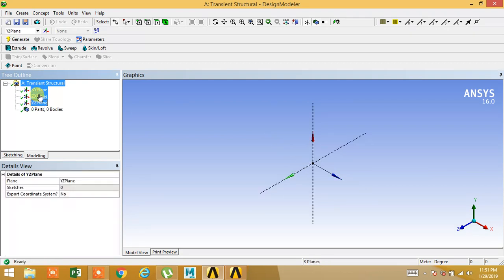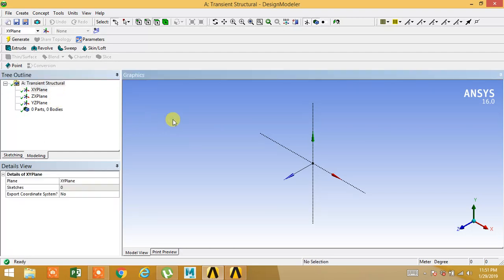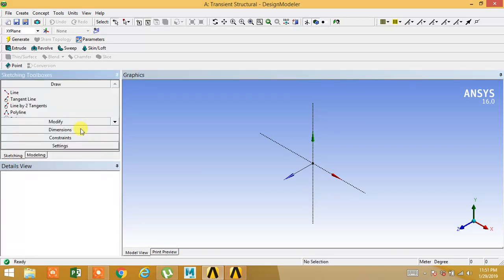Exactly. No. First we need to draw the elevation. So for that, select XY plane. Okay. Go to sketching.